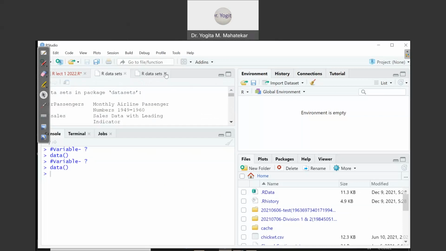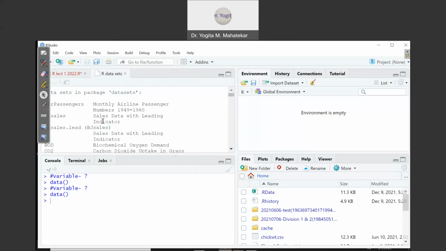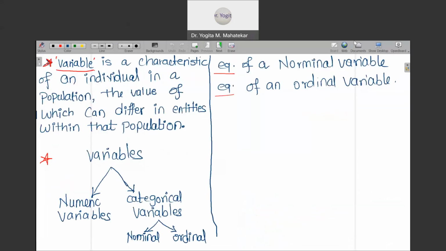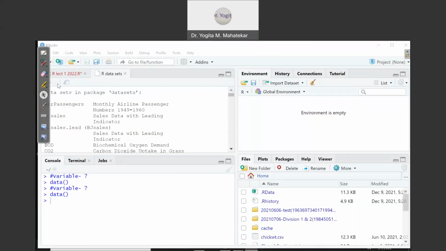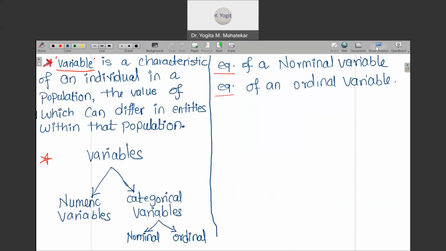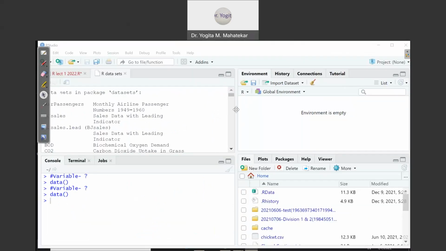When I press Ctrl plus Enter, you can see the second window displaying all those packages and the numerical data which are inbuilt in R. We can see their names. For example, BOD is one of the numerical datasets.